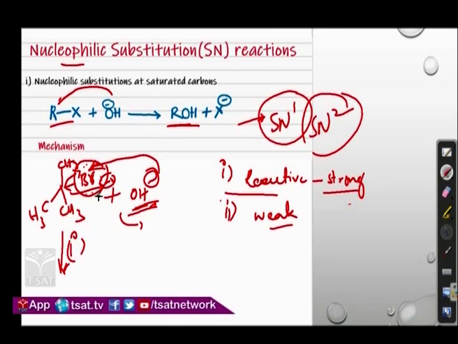Negative and negative will repel highly, and bromine is larger in size, so it will not allow the OH minus to enter from its own side or face, so this attack will be difficult. Now there is another possibility: attacking from the back side of the bromine, since the bromine hinders the attack of the OH minus from the front. The bromine will leave because of the forceful pushing of the OH minus entering the molecule, so that the resulting molecule will be